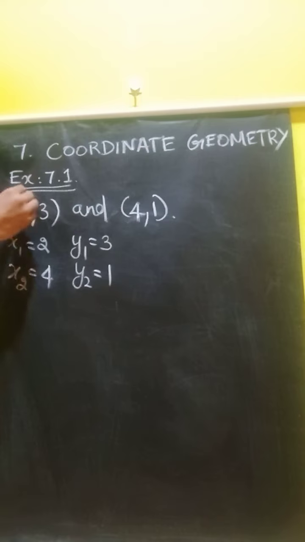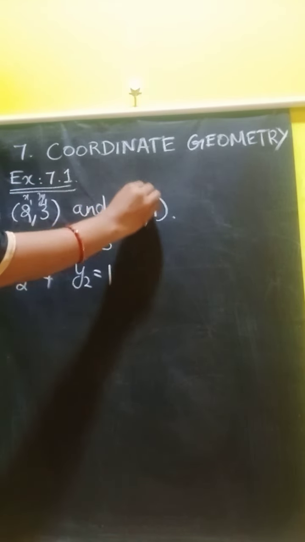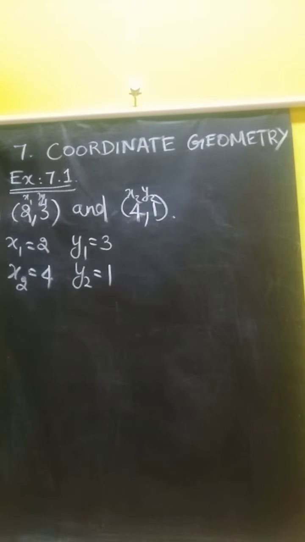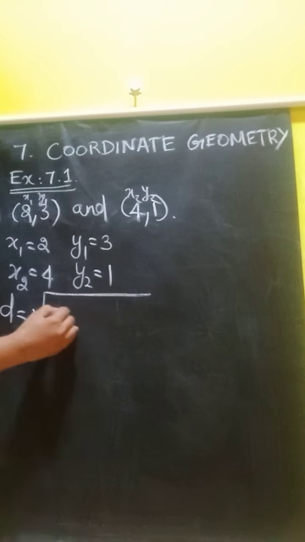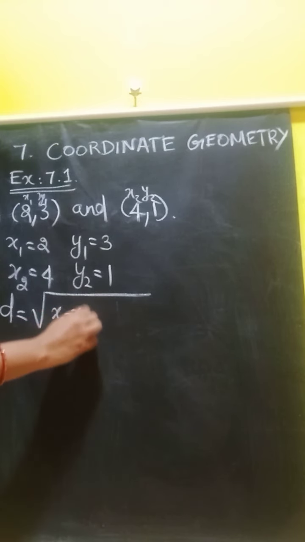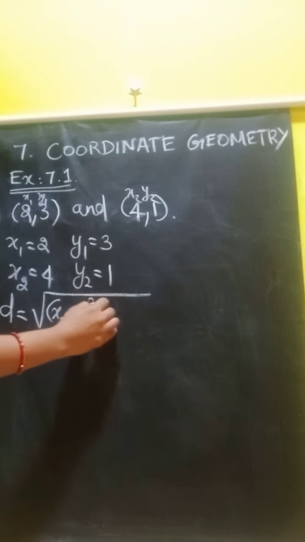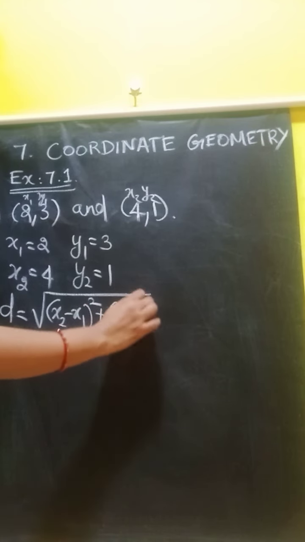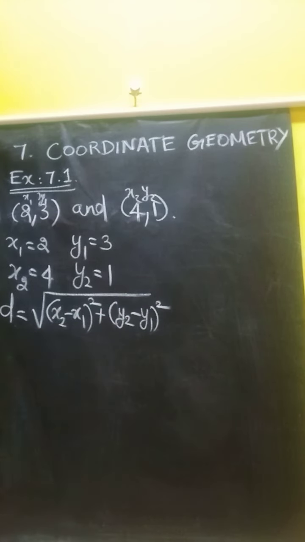Okay, x1, y1, x2, y2, right? So the formula for distance is root of x2 minus x1 whole square plus y2 minus y1 the whole square. That is d is equal to